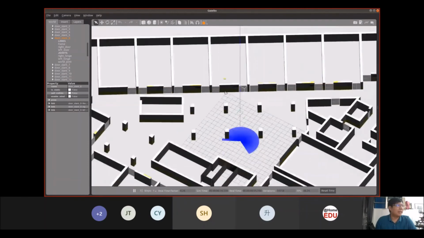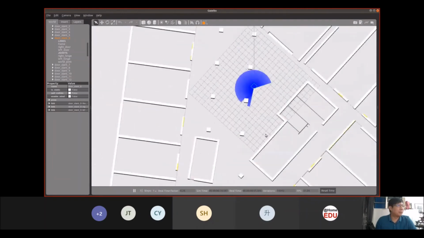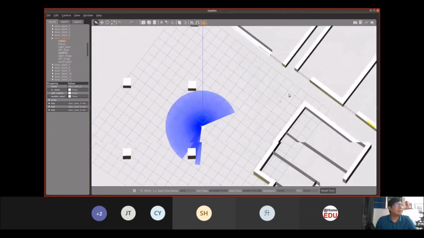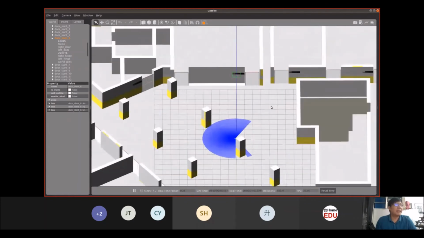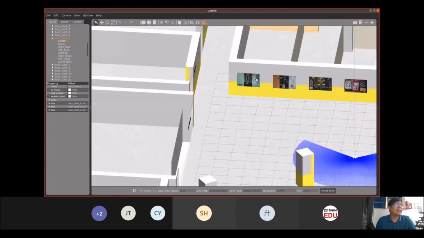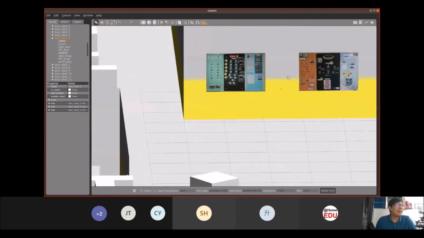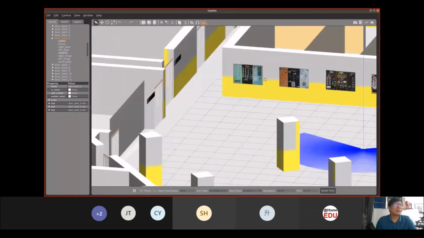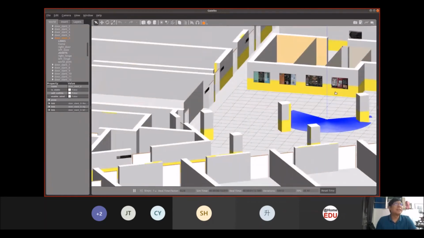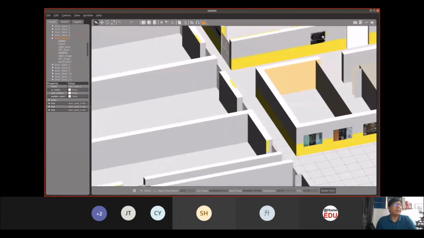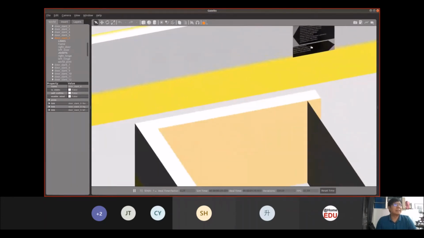This actually takes quite some time for us to build. But if you notice, you can build complicated environments using the tools. These are the notice boards that we have on the floor also. We take photos of the environment and place all these things in.